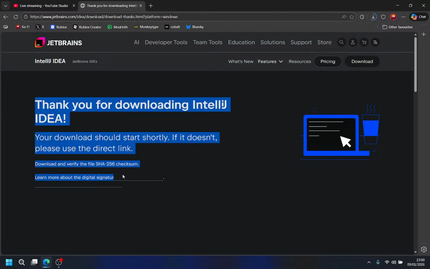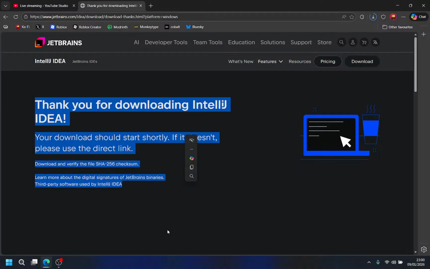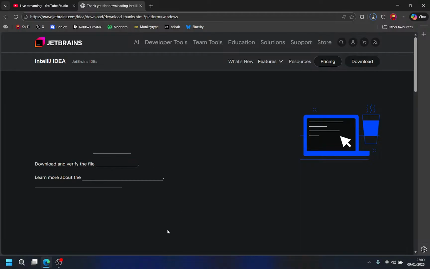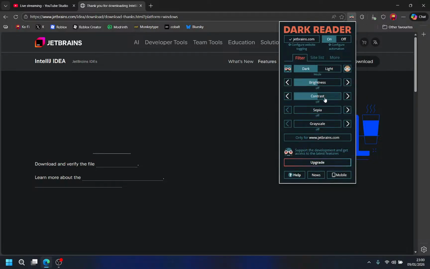Why doesn't the text go white when it's in dark mode with Dark Reader? Maybe I should configure it that way, right? Filter.